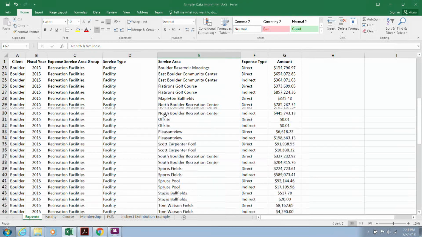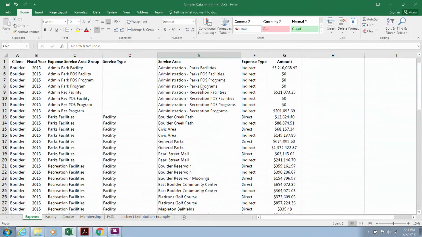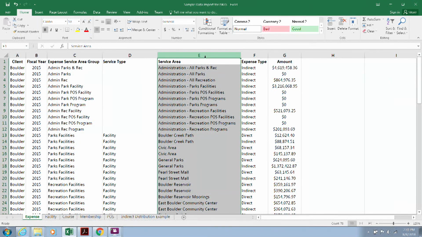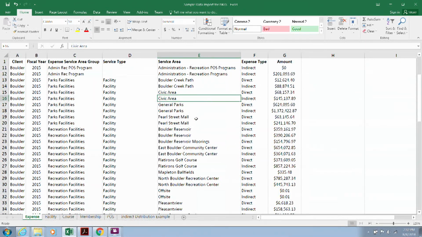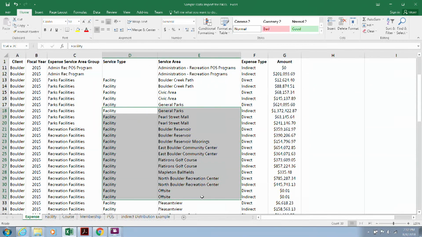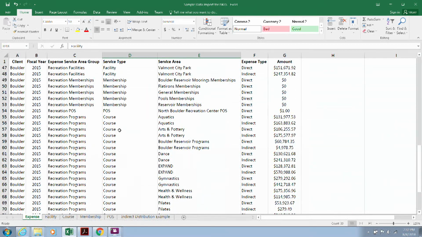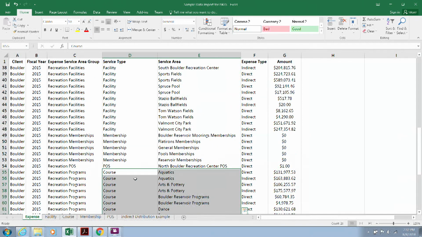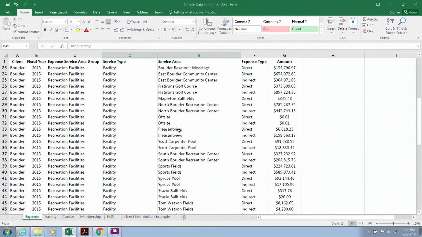But what we start with, as I said earlier, is we identify service areas. So again, this goes back to what are the service areas that we're going to analyze. And Melissa, like I said, has already seen all this information, so she has an idea of what we're talking about this afternoon. But let's say we've come down to say, okay, here are the specific facilities we want to analyze. Here are the specific program areas that we want to analyze. Here are the membership areas that are attached to these facilities above that we want to analyze. So that's one of the decisions that we need to make. And we're going to attach